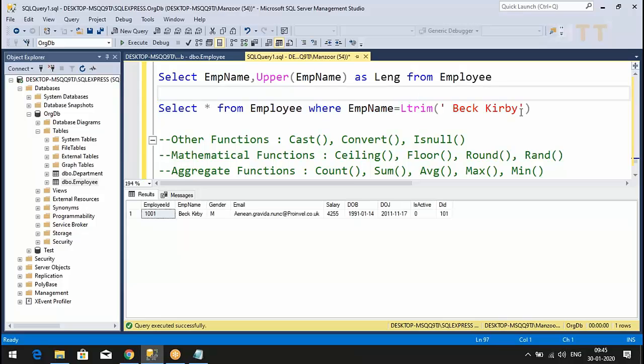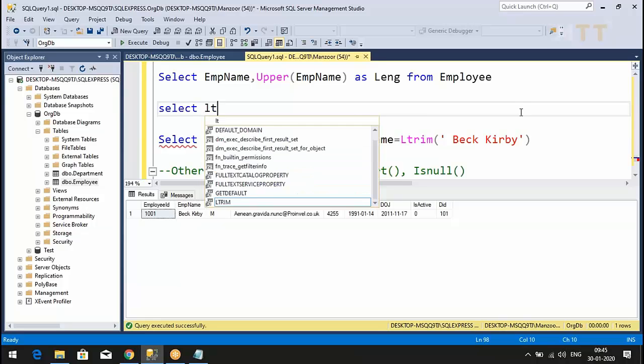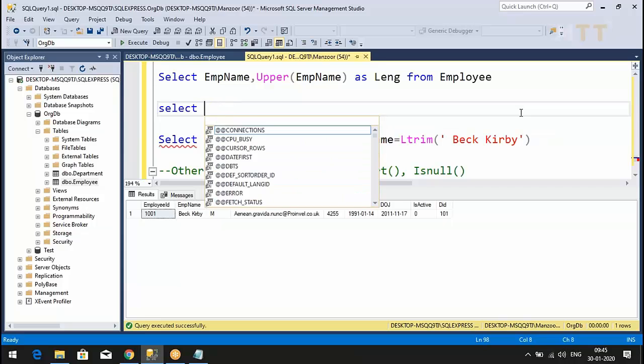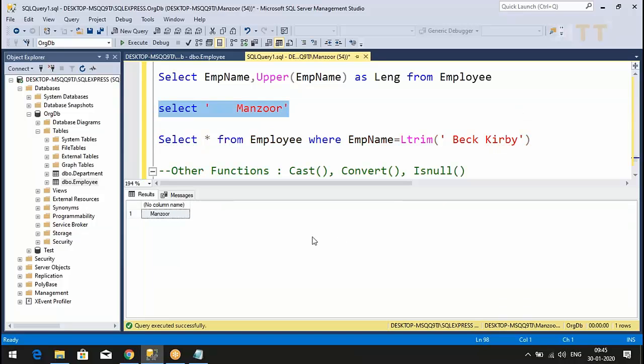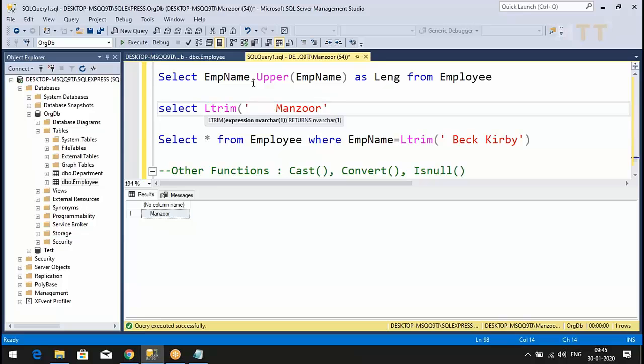Now if you want to understand LTrim standalone, I'll simply say select, 4 spaces, Manzoor. It is displaying Manzoor with spaces. Now if I say LTrim Manzoor,